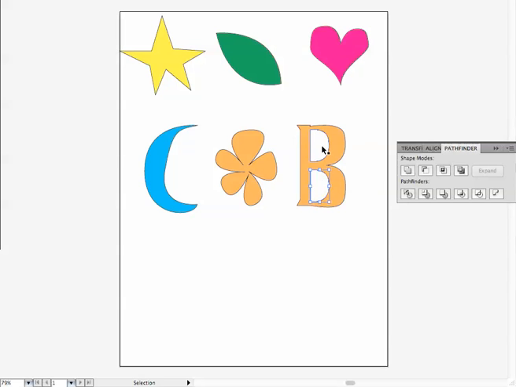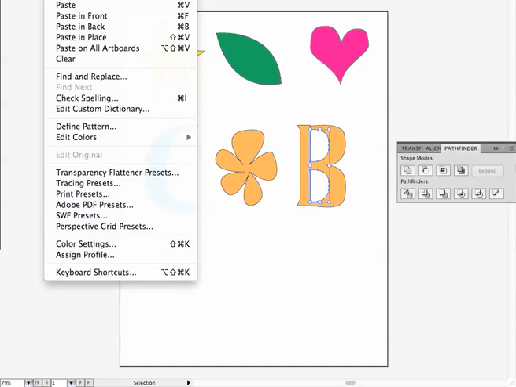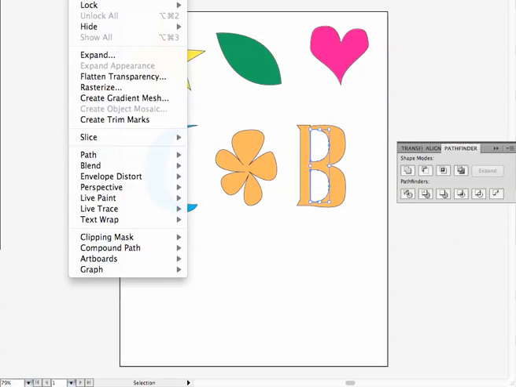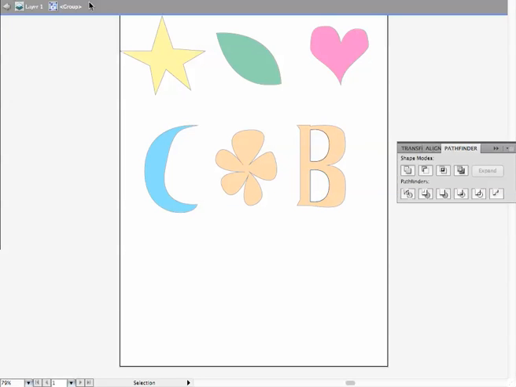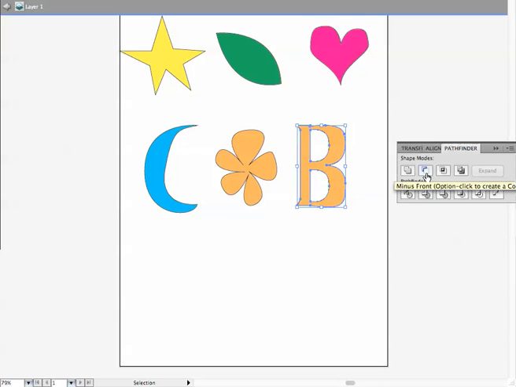So in order to do that, I'm going to select these two and I'm going to group them. So I'm going to go Object, Group. You can't see it, but it is Command G for group. And once these two are selected into a group, I can then shift and click on the back part of the B, and now we're going to cut it out. So our options here are Unite, minus the front,